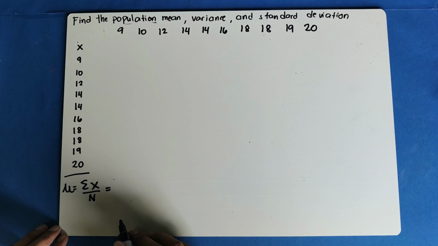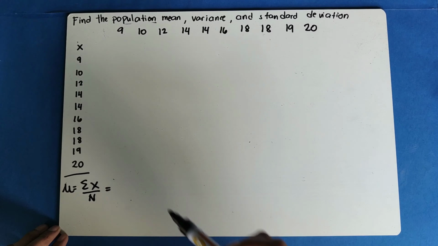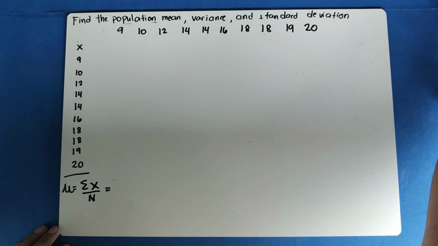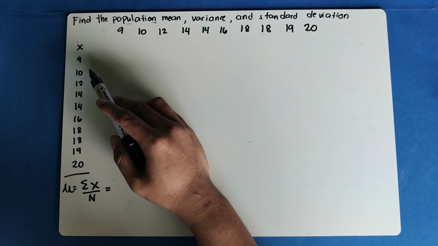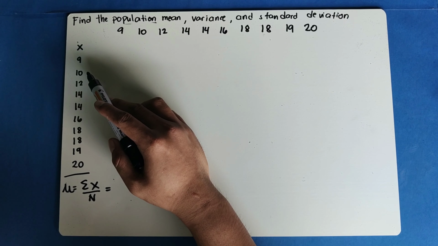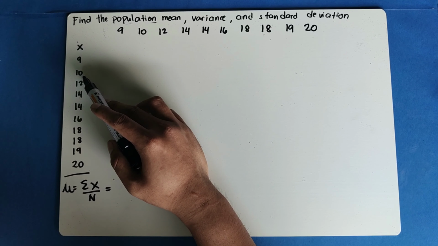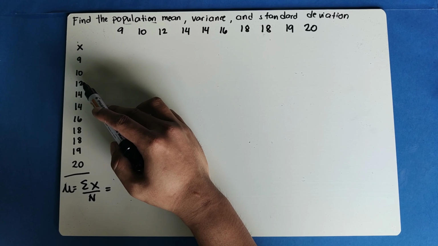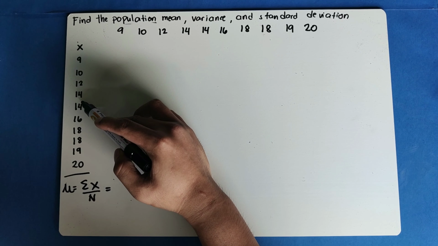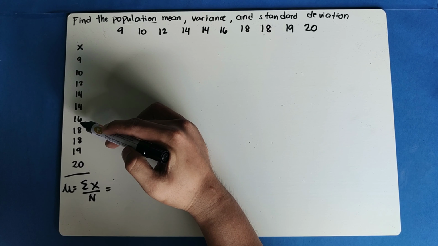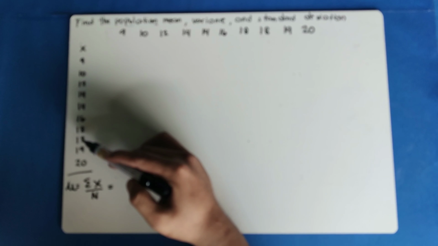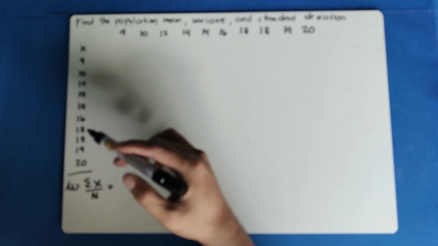The first thing that we need to do is add all this data. 9 plus 10 plus 12 plus 14 plus 14 plus 16 plus 18 plus 18 plus 19 plus 20, the result is